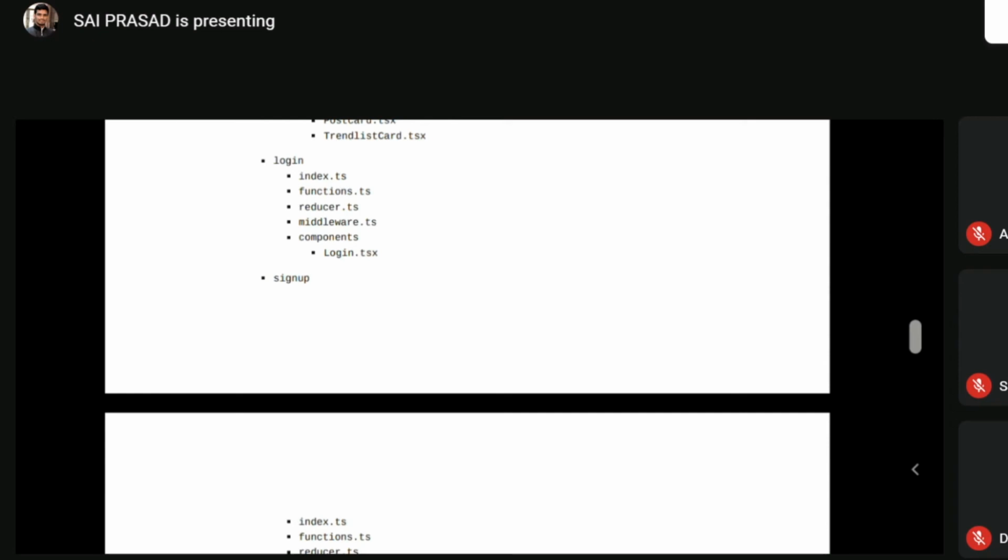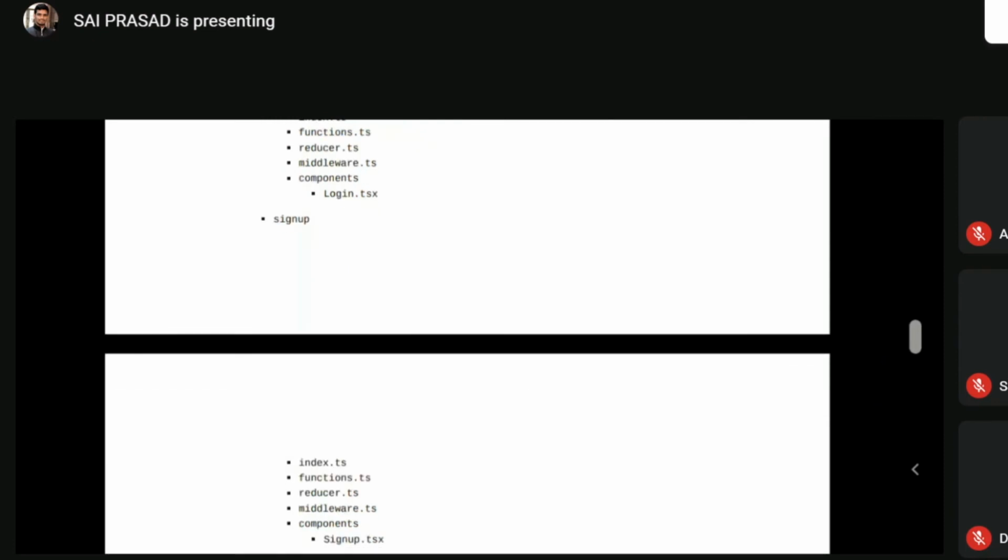Functions are generalized functions that are to be used with login only. Then we have the reducer. It is a combined reducer kind of thing that we are going to implement. Each feature will have an individual reducer, and the main reducer will combine all the reducers available.